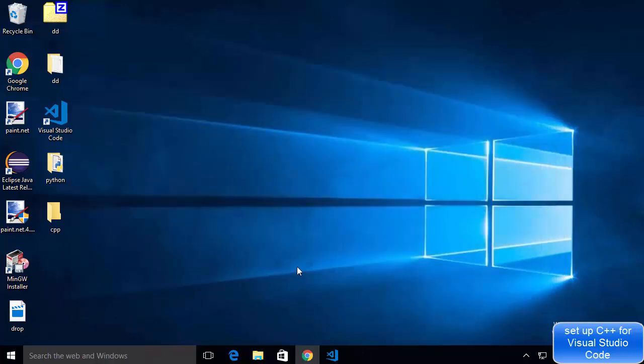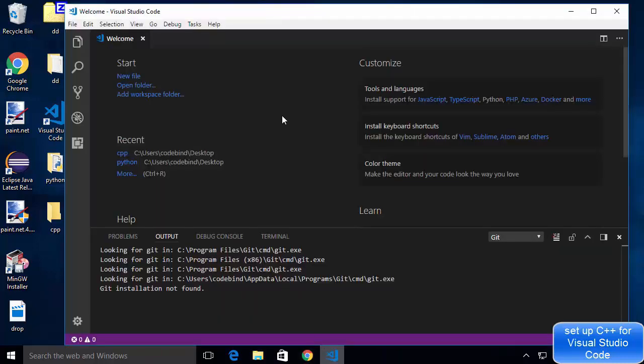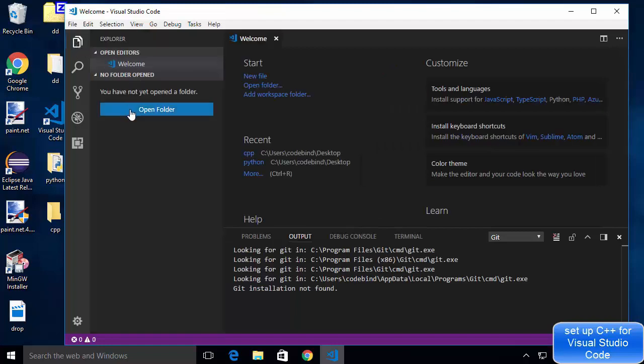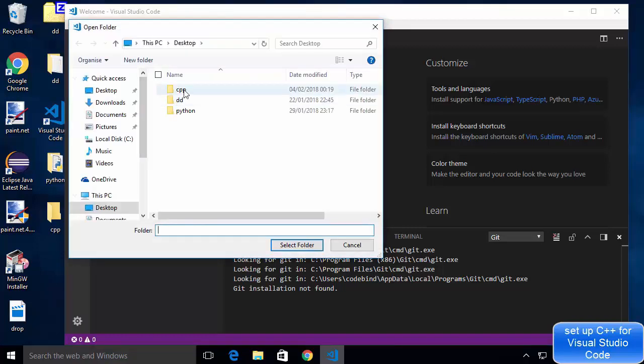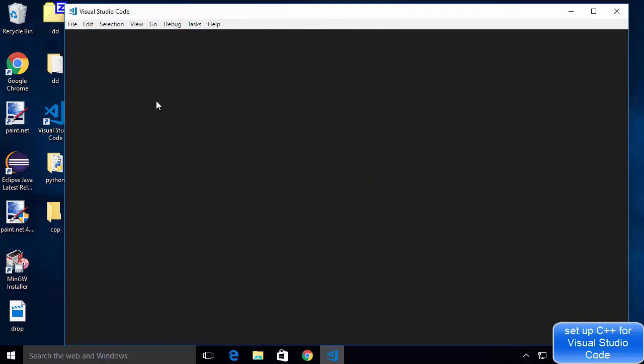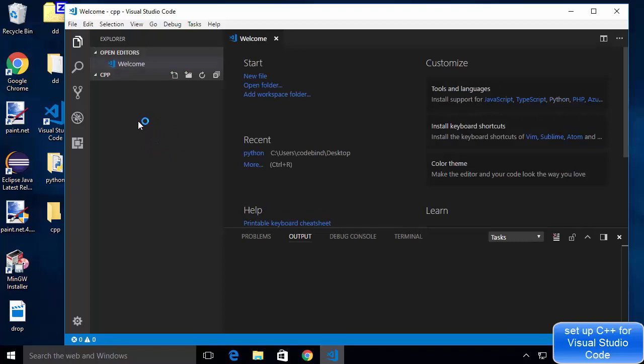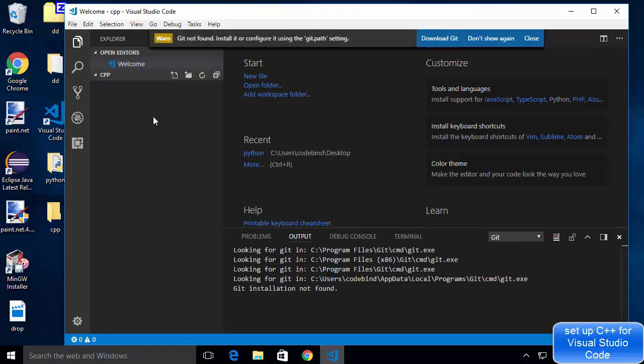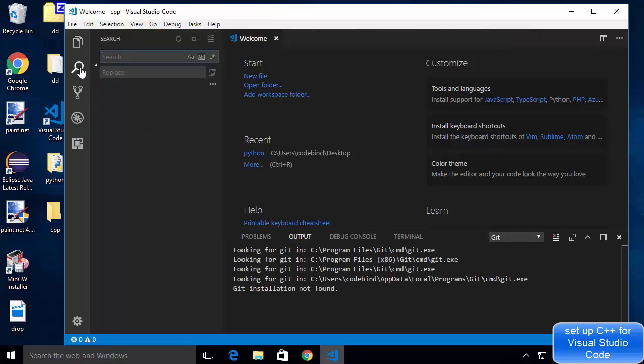That means we can set up our Visual Studio Code for developing C++, right? So I'm going to open Visual Studio Code, and if you're not aware of these options, I'm going to go through them briefly. So this is to open a folder. So here when you click on this Explorer, you will be able to open a folder. For example, I have already created a CPP folder on my desktop, so I'm going to open it. Everything you develop in Visual Studio Code is inside a folder, so you need to open some folder. Inside that you need to create your files, right? Now the next is the search button.